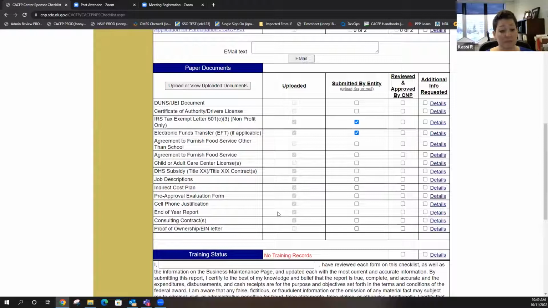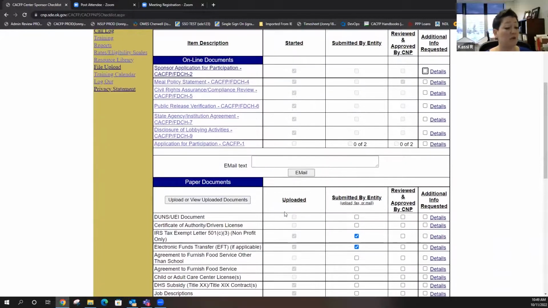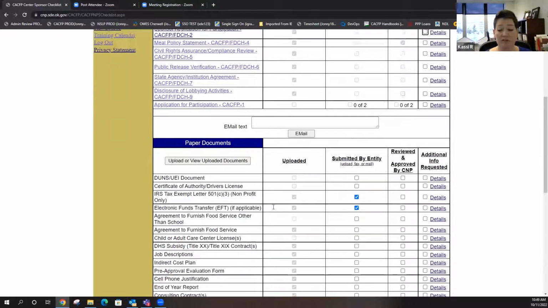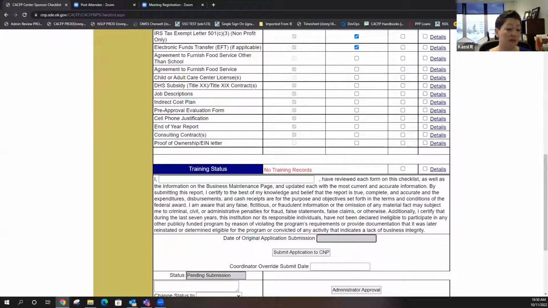As long as you submit by October 31st, you will be eligible for October. After you submit, that original submission date will be captured here and it will stay there no matter how many times you resubmit. So if this is October 31st at 11:59 or before, you'll be eligible for October, but we cannot backdate anything prior to the month it was submitted. So get in there and get it submitted. You've got 20 days.